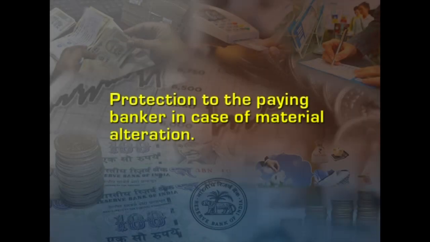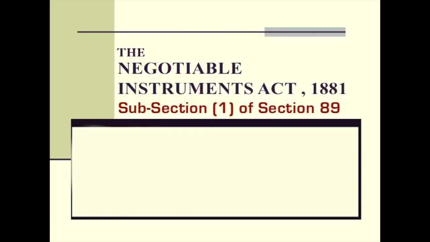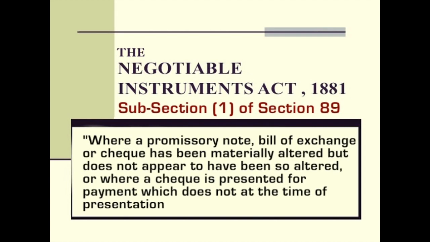Protection to the paying banker in case of material alteration. Even though the material alteration renders an instrument void, Section 89 of the Negotiable Instruments Act provides protection to the paying banker. According to subsection 1 of Section 89, where a promissory note, bill of exchange or check has been